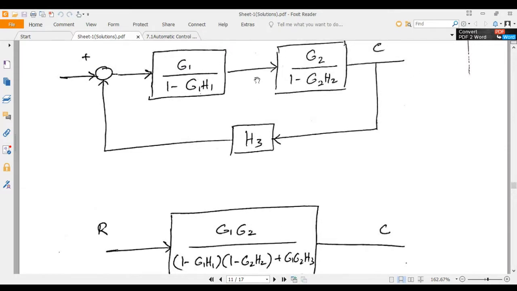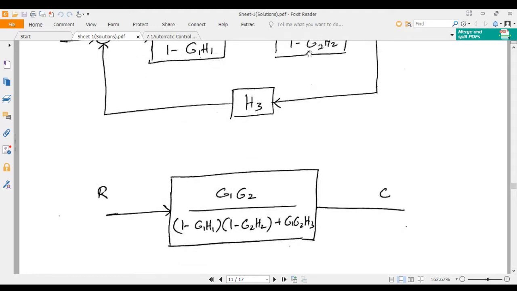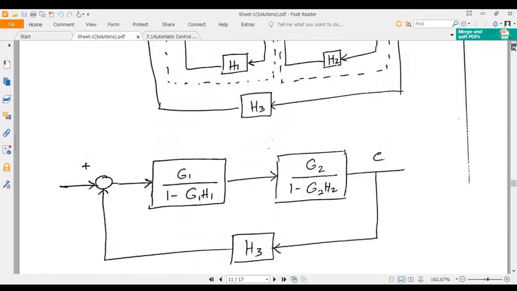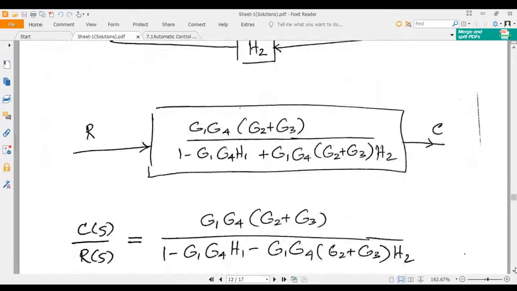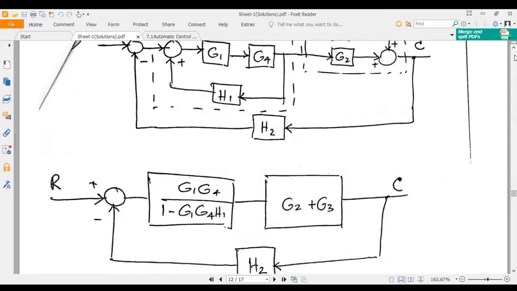This is one block, this is one block. When these two forward path gains are connected in series, they will be multiplied. Okay. That's it. So these have been multiplied, and also again the feedback path is H3. So we will be subtracting H3 here. Subtracting here. So applying the same formula, you will get